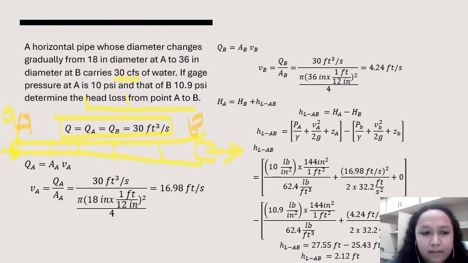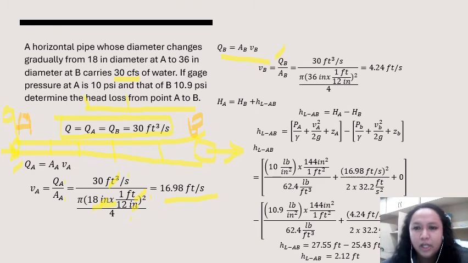Since we have 2 points, point A and point B, compute for that. We have the continuity equation: the discharge is equal to the area times the velocity. Compute for that: Q over A, the cross-sectional area. As I said, when it comes to inch, convert it into feet. Master this. Squared, this is the area, times the volumetric flow rate; the two feet will cancel, and what remains is feet per second. This is the velocity at point A. Whatever you did at point A, you will also do at point B. Where they differ, since the discharge or volumetric flow rate is all equal,